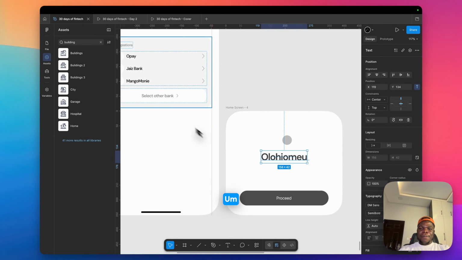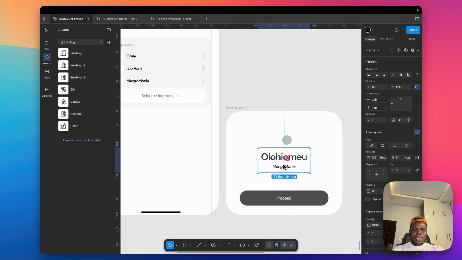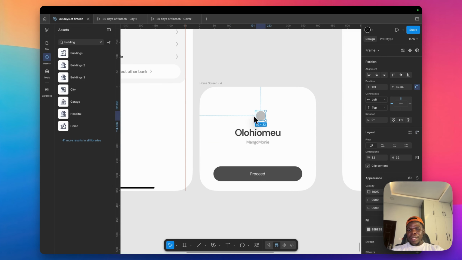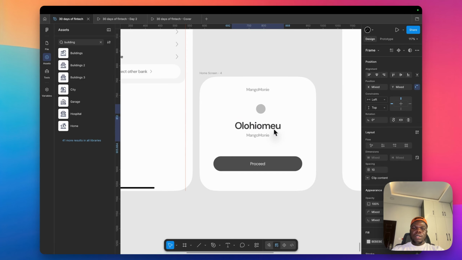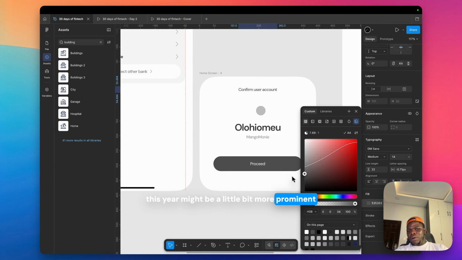Yes, that's correct. So put the bank below, and say something like, confirm user account. This might be a little bit more prominent.